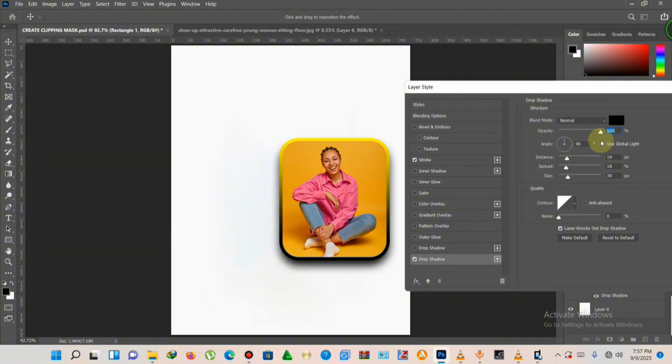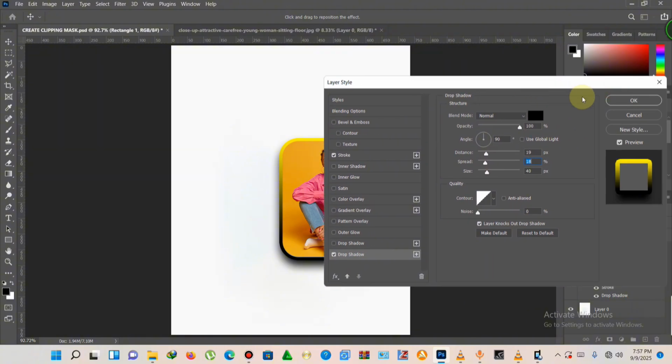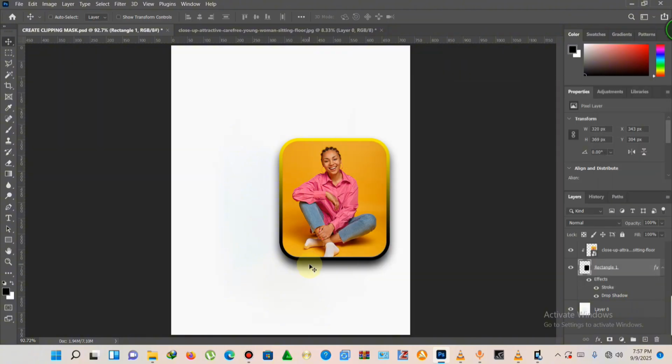So let's increase the opacity, and then we are going to reduce the size over here. Okay, let's increase the size over here, and we are going to increase this one. Okay, let's reduce it a little bit, and I think this is okay. So when you're done, you click on OK, and now we have a perfect shape with our picture in it,